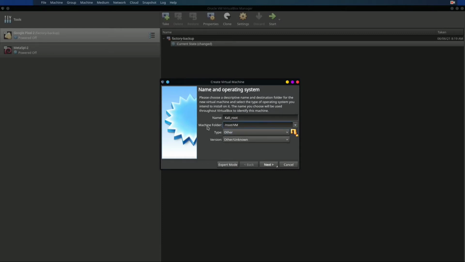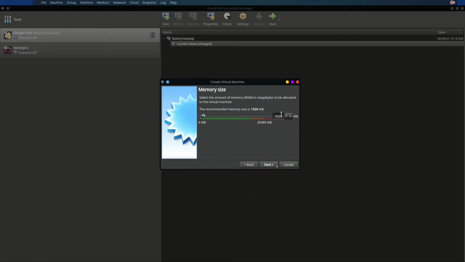Here, according to your machine, like I am using Kali Linux as a host machine, so my machine folder is /root/VM. Depending on your installation, like for Windows you will get C, Users, your particular username, and under that VM. After that I will choose Linux.